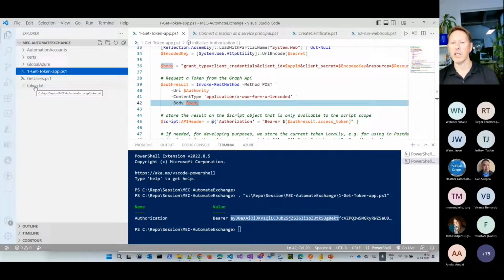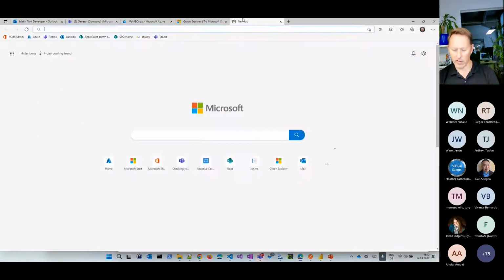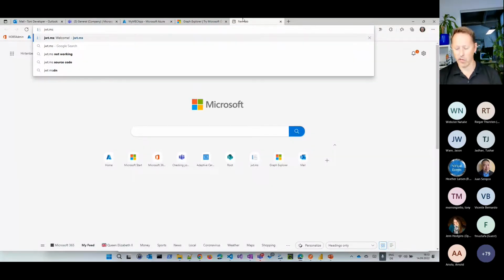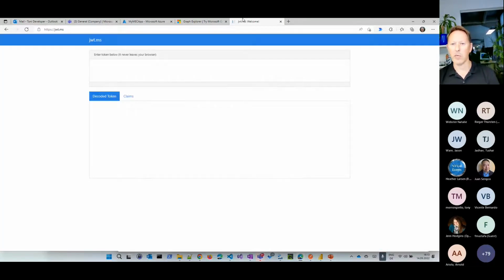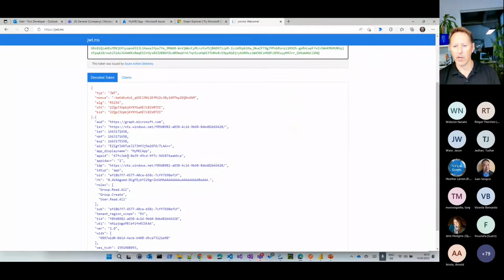To simply show you what's in the token, let's simply take that and paste it into my browser. And there's a website called jwt.ms, which analyzes this token, which decodes that token here, which is this one. And I simply take that token and paste it in here. Please don't do that with productive tenants. It's just for development purposes to understand what's happening behind the scenes when I authenticate against Microsoft Graph in that case. And you can see the decoded token here that says, well, we have some